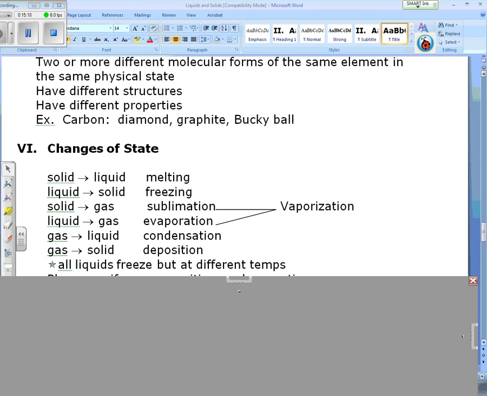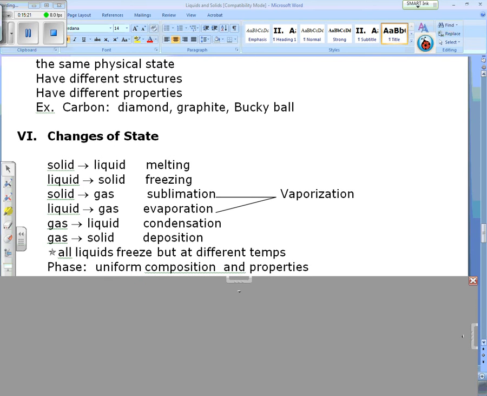All right, now phase, uniform composition and properties. I have changed the state there. It sounds very permanent. I really like to call them phase